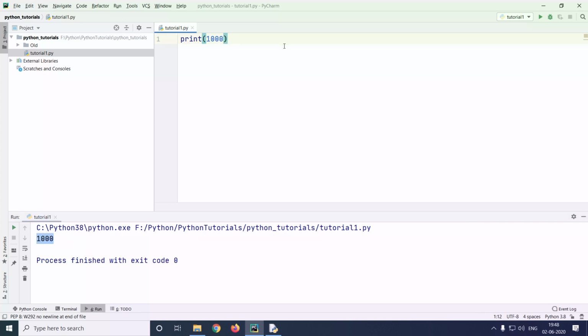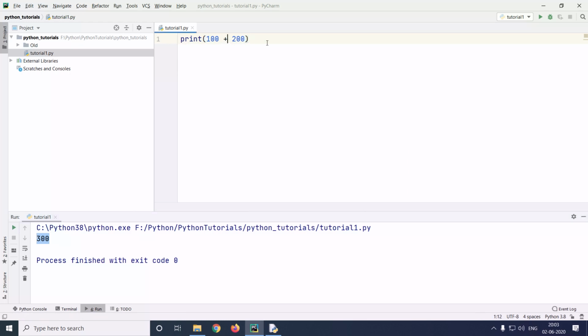Now remember, there are different rules for printing numbers and there are different rules for printing letters, also called strings. We'll learn them later. For now, let's only focus on numbers. In numbers, let us start with the basics, which is addition. In order to add your two numbers, simply type in your two numbers and separate them by your plus sign. This tells Python just to add your two numbers. If you look at the output, you will see the output 300.